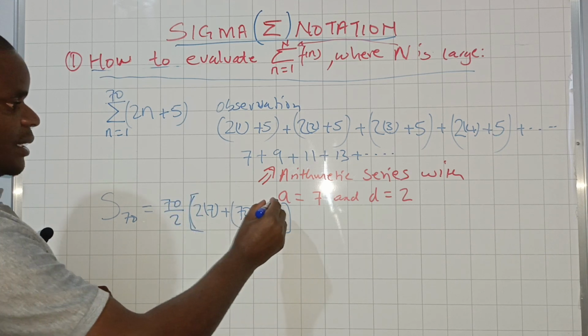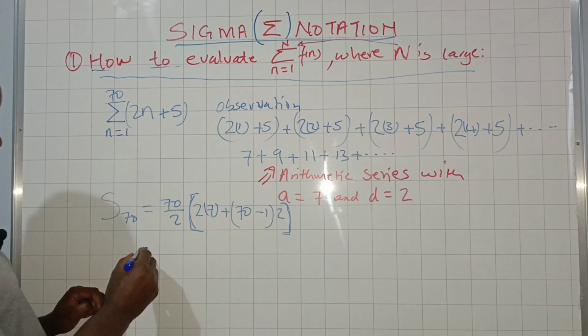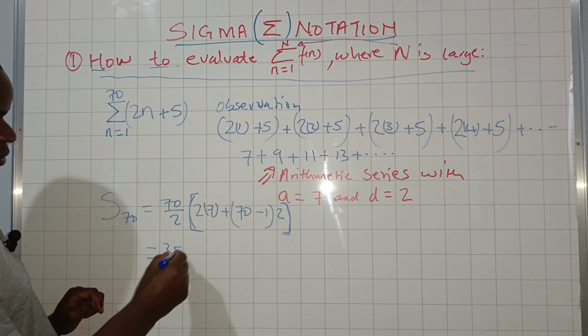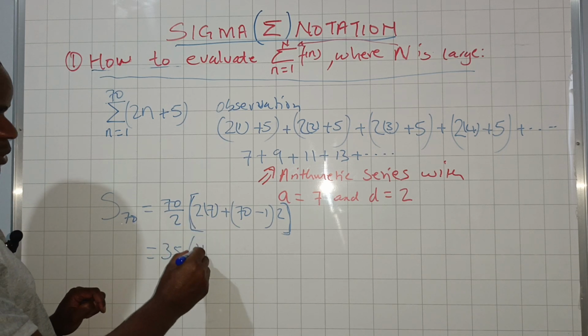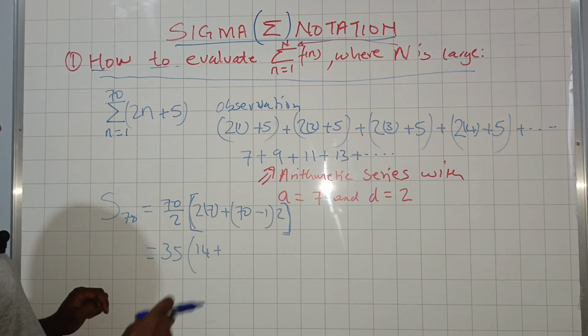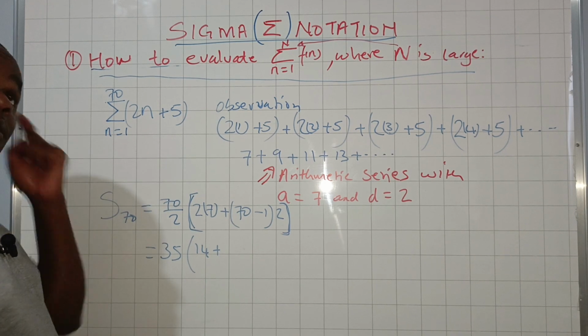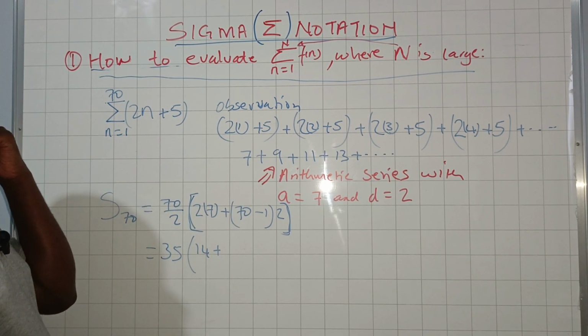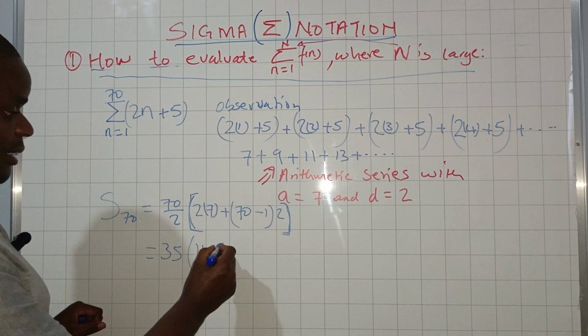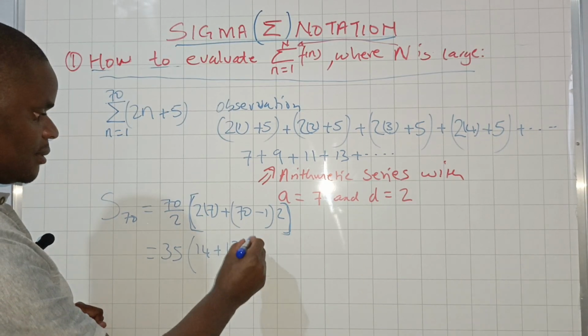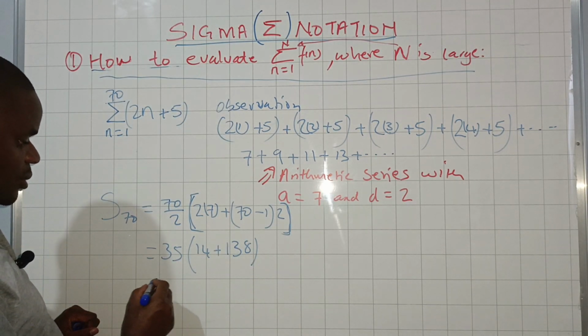This is a big bracket there. Now this becomes 35 into, this is just going to be 14, plus 69 times 2, 138. So this is going to be equal to